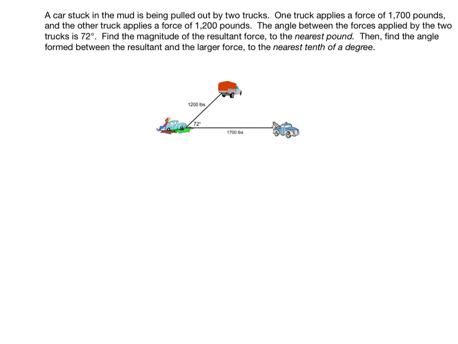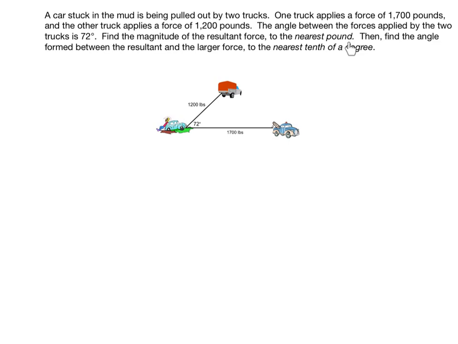In this video, we are going to review a force question. All right, this question says, a car stuck in the mud is being pulled out by two trucks. One truck applies a force of 1,700 pounds, and the other truck applies a force of 1,200 pounds. The angle between the forces applied by the two trucks is 72 degrees. The first thing they want us to do is find the magnitude of the resultant force